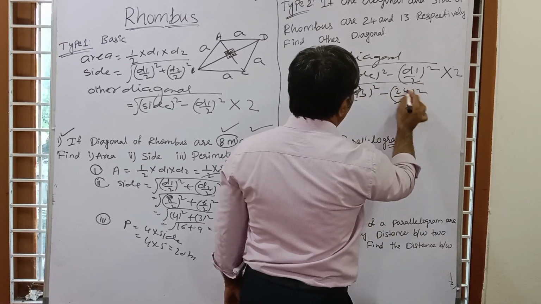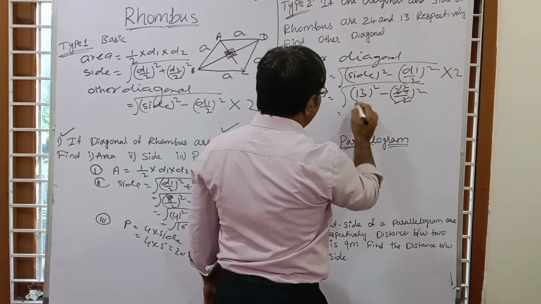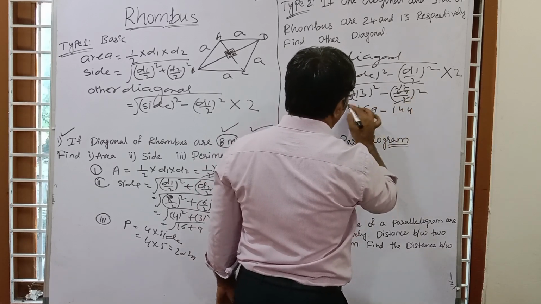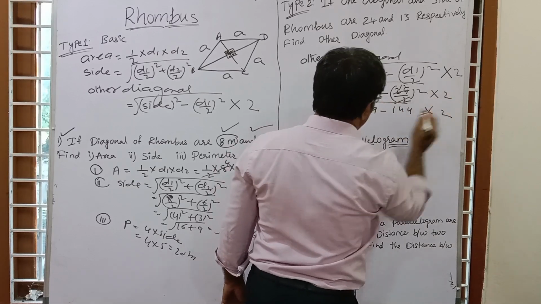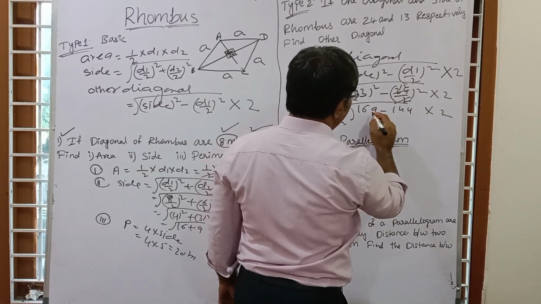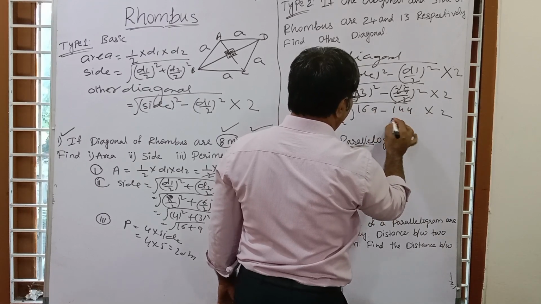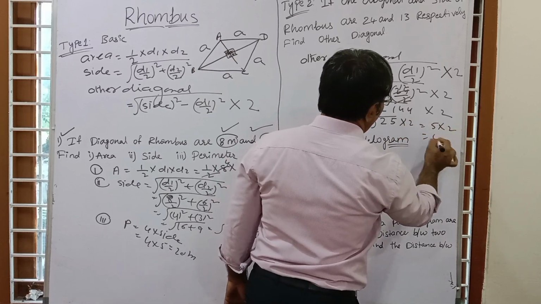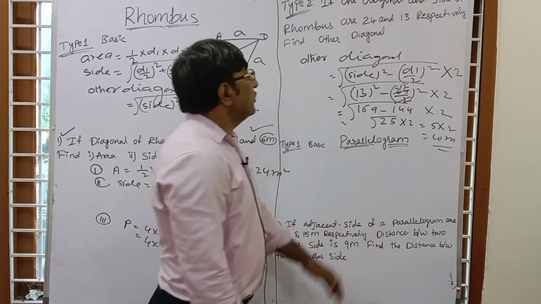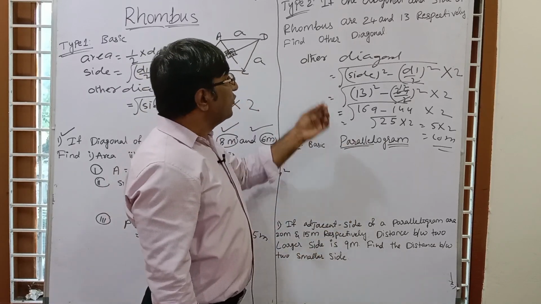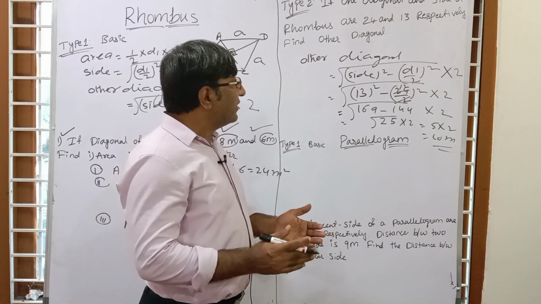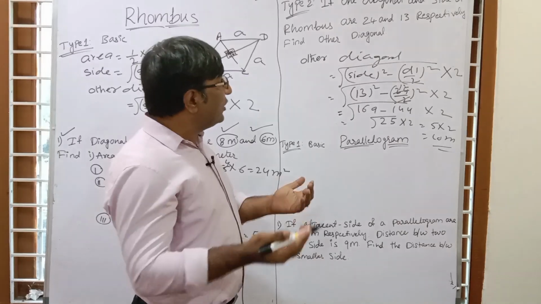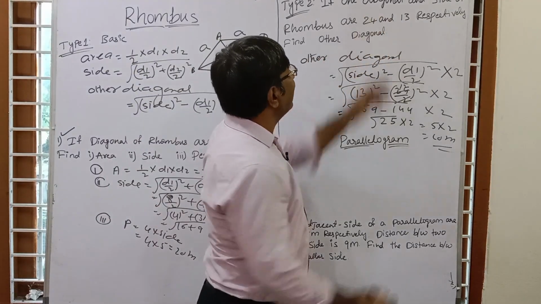Right? So 2 1 ja 2, that is 12. So this is 13 whole square, you know 169, and 12 whole square, you know 144, and this is multiplied by 2. So how much is this? 169 minus 144, you know 9 minus 4 is 5, 6 minus 4 is 2, that is 25 into 2. So 5 into 2, 10 meter is the correct answer. So you can find this answer very easily when you know the technique. The other diagonal is what? That is root under side square minus diagonal 1 by 2 whole square. Multiply by 2. So you can find it just like that when one diagonal is given.